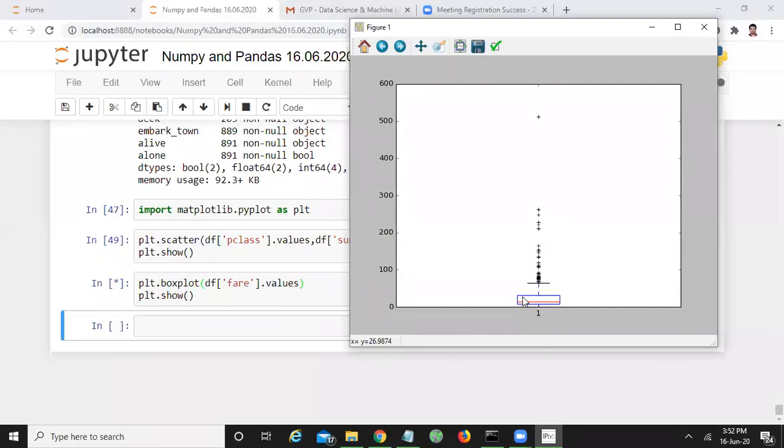If you calculate the median of the entire data set, or the median of the total passengers in the data set, you will get some value, right? That value is represented by this red line. So the values which are nearer to that red line will be constituted by this box. So this box represents the interquartile range.